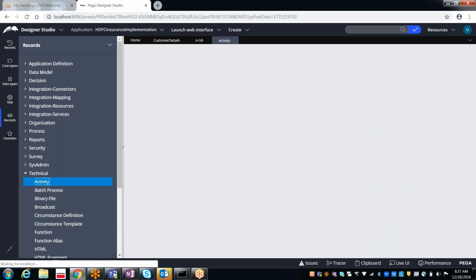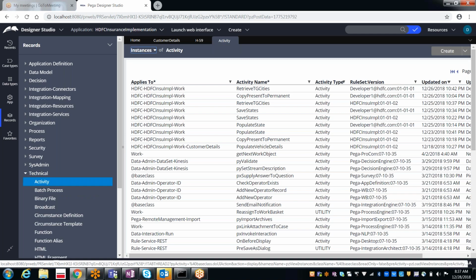Here we see the copy present to permanent address activity, applies to the HDFC class. Yes, exactly.